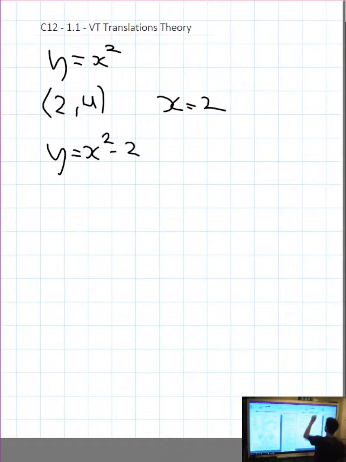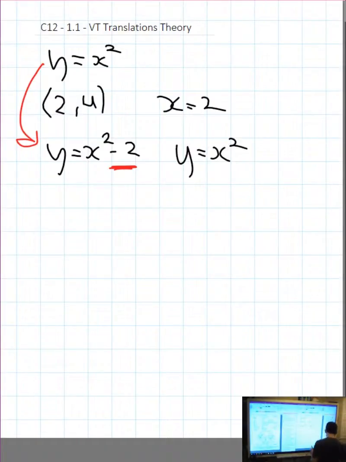So most people look at this function and see that someone has decided to put a -2 off to the right. Now that doesn't mean anything to me. This little thing over here, I'm going to teach you how that got there. So again, let's take the function y equals x squared. And now what happened to get that